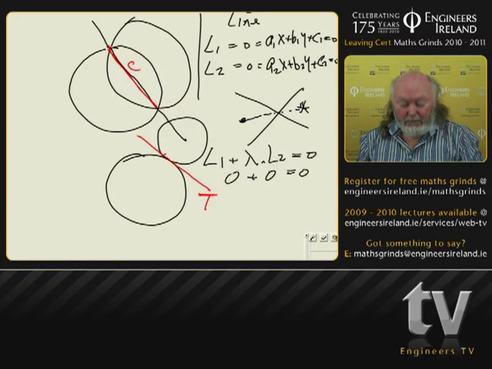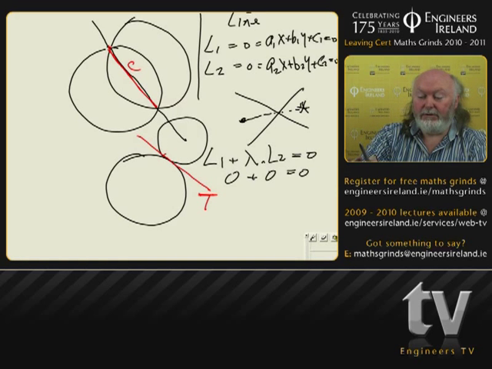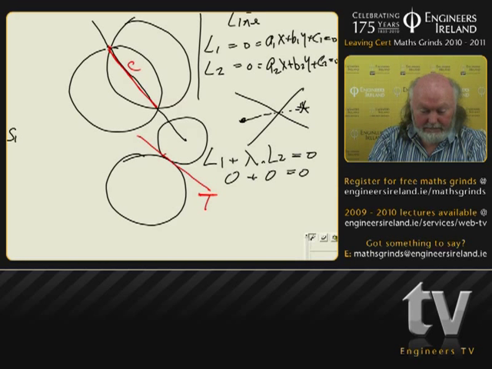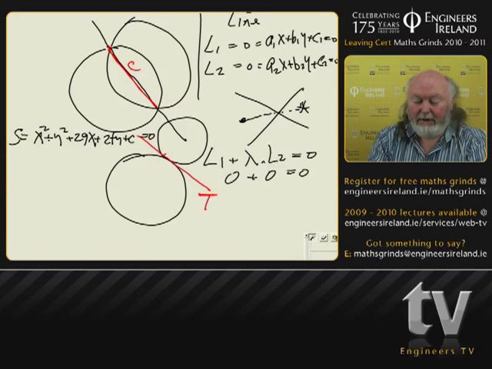Almost the exact same little game is played again. What we're going to do is we're going to just name the two circles S and S1, because that's what he has. S is equal to x squared plus y squared plus 2gx plus 2fy plus c equal to 0, and the other one, S1, is equal to